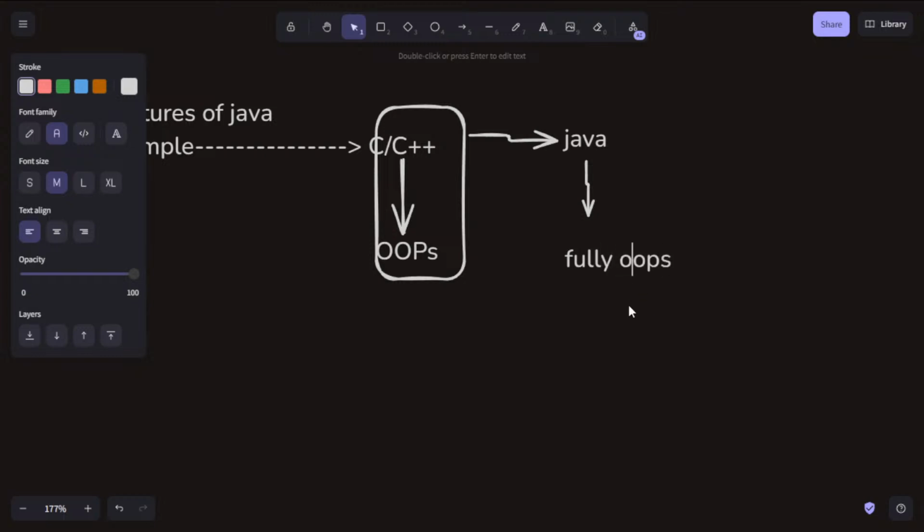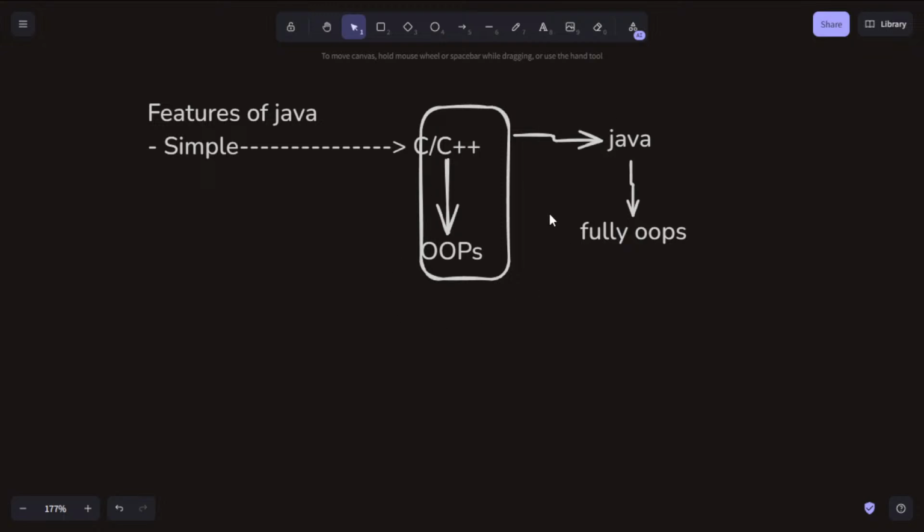It's 100% OOPS. Every code that you are going to write in Java follows the OOPS concepts, from making classes and objects to constructors, everything.